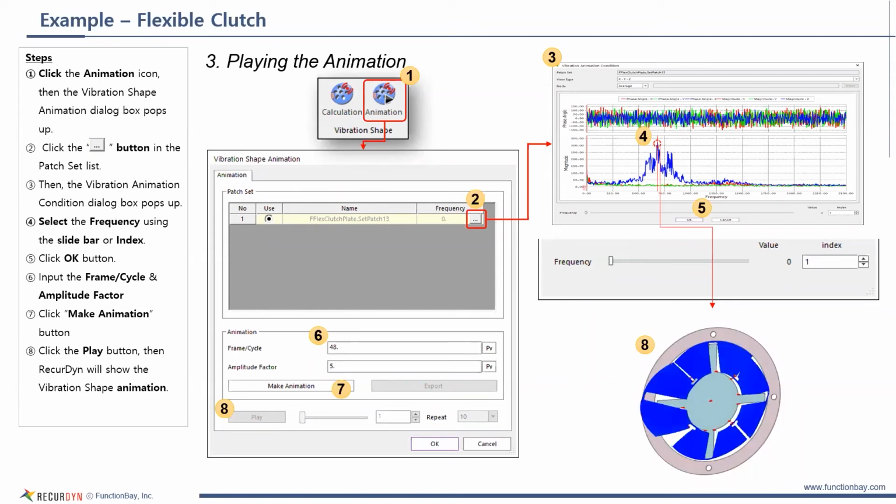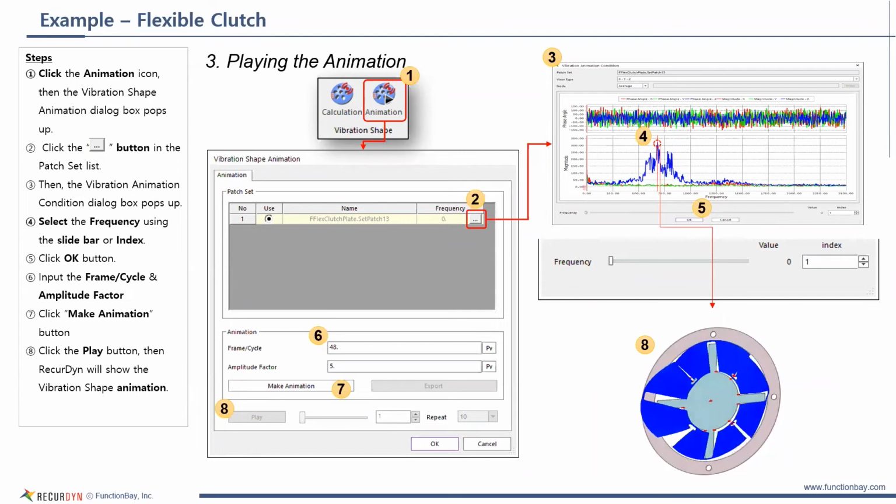And then the amplitude is just a scale factor. And you'll want to adjust this to get a reasonable level of deflections. In this case, if it were me, I would probably make the amplitude factor a bit less, because I think these displacements are higher than I like to see them, but you can set that to whatever you would like to do. And then once you've done those steps,